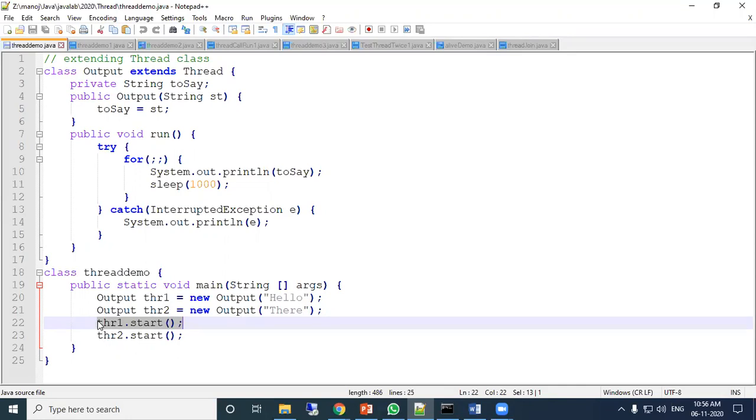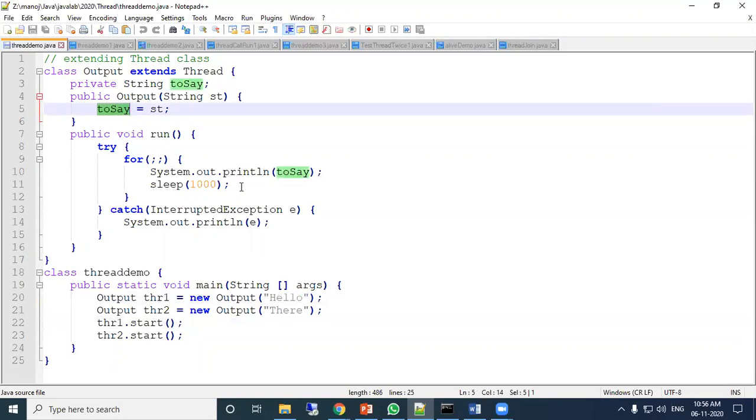And here this one is used to start the thr1 object, and this is for thr2 object. So here when thr1 starts, it will print to say. Here thr1, the to say value is initialized with hello. So hello will print once, then sleep for 1000 millisecond, then this loop will continue.